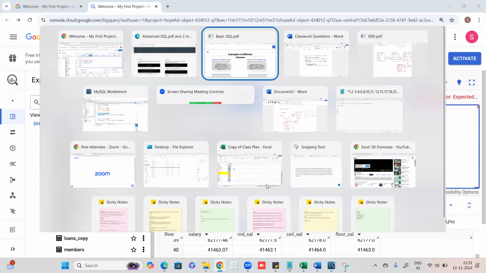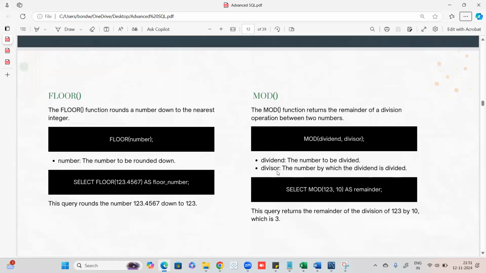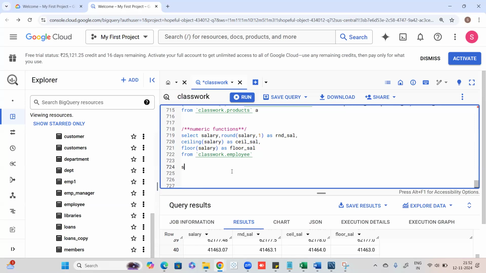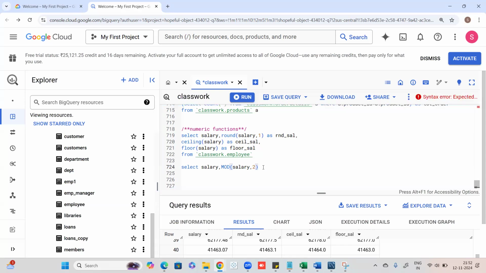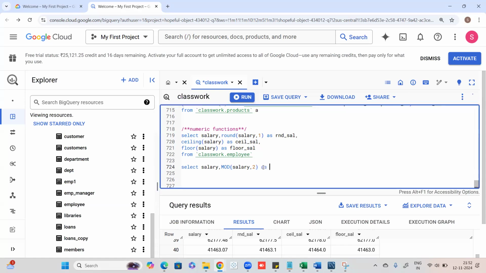The fourth numeric function here is mod. Mod is also a universal function. So mod gives me the remainder of a division operation. The first number in my mod function is going to be the number that I want to divide, and the second number is the number by which I want to divide it. Let's say in this same query, I want to check if my salary is divisible by 2 or not, or if it is an even number or not. So I will say mod salary, which is the dividend, and then the divisor is 2, because that tells me if the number is even or odd, as even odd indicator